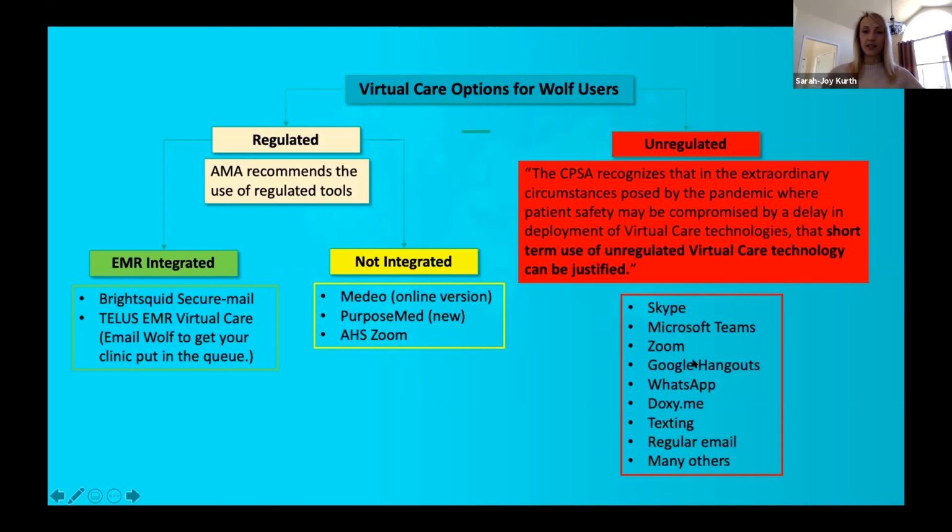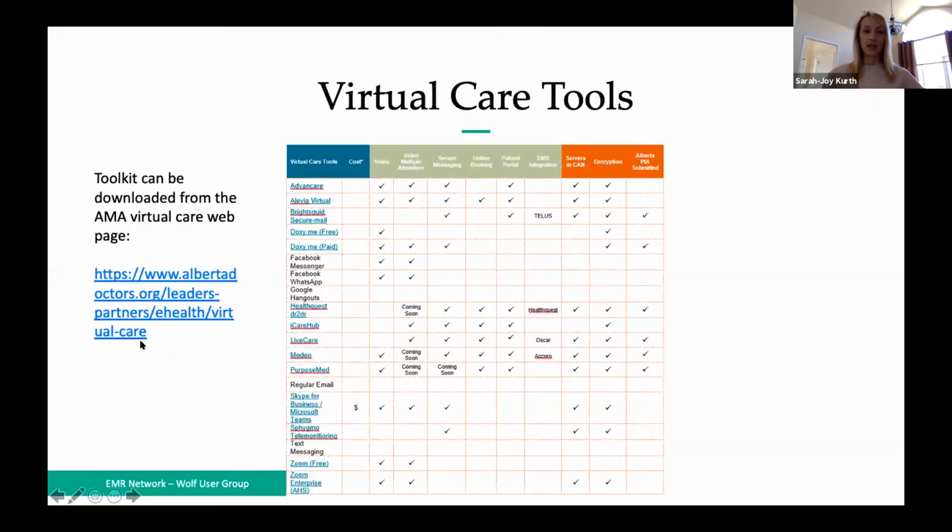And all of these can be found on the AMA website, so not the act.albertadoctors.org website, the albertadoctors.org website. And if you go to their virtual care page, you can download a toolkit, which is near the bottom of the page. And in this toolkit, which is a Word document, they have a table here. And so it lists all of the virtual care tools here. And then it will tell you what different features they have in there, as well as